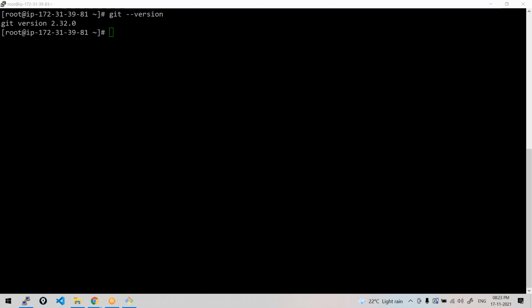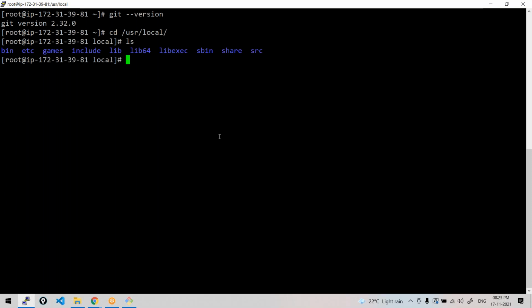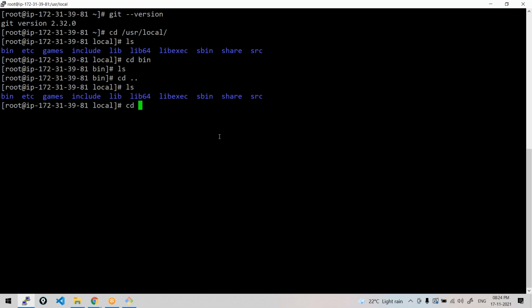Yes, may I know who is this? Any question? Can we know where this Git application got installed, in which folder, and which properties it got? You can check it. Generally, it will be installed under usr local bin. You don't have anything in the bin. usr local will generally be used to install it, or else you can query it to check the install location.